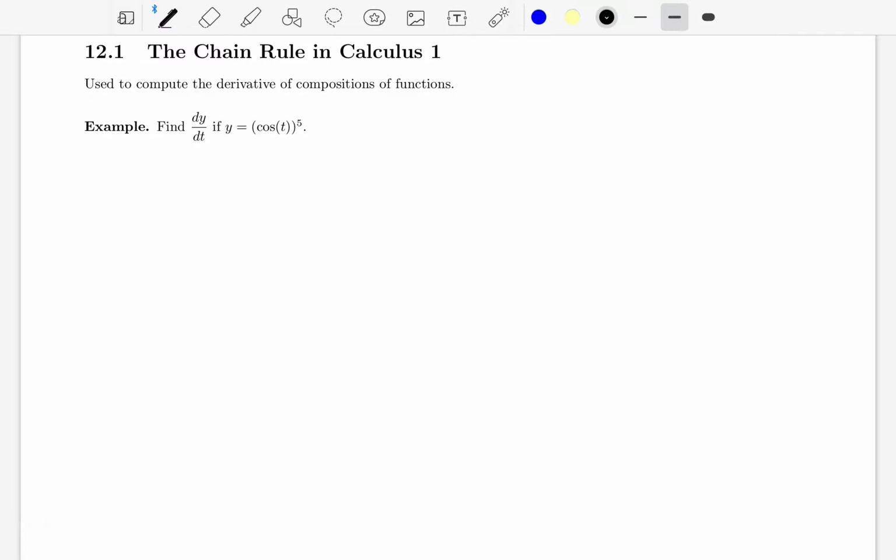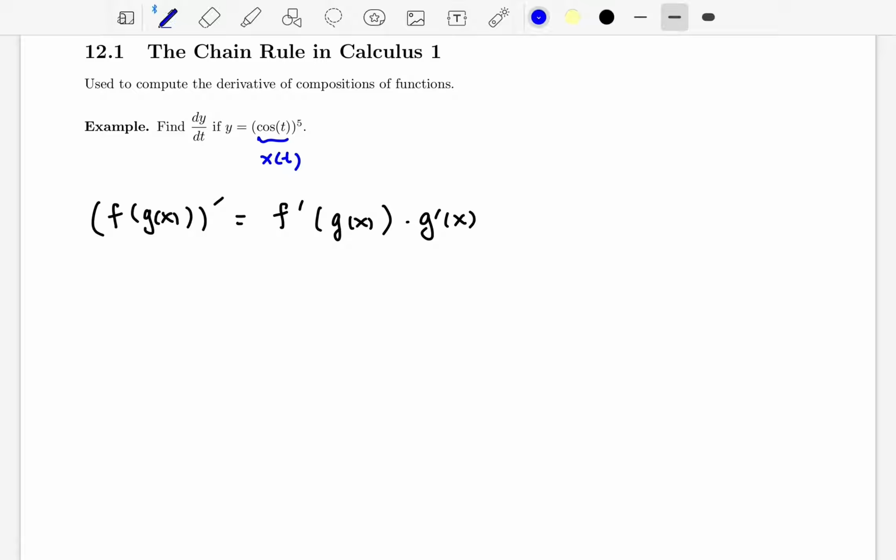If I have that y is equal to cosine of t to the fifth, and I want to find the derivative with respect to t, then I can think of cosine of t as x of t and apply the chain rule, right? So just to remind you, if I have f of g of x and I want to find the derivative of f of g of x, I take the derivative of the outer, replace with the inner function, and then come back and multiply by the derivative of the inner function. Okay. Well, so that means